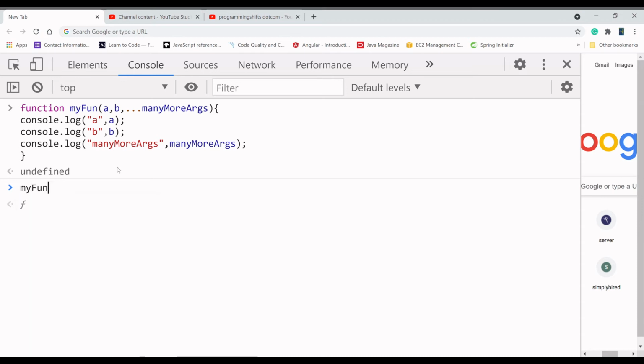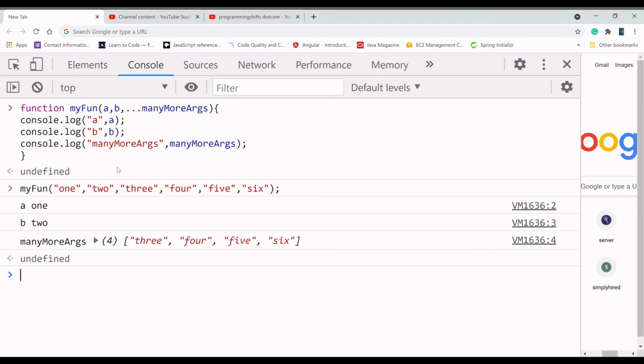Now I'm going to call my function with values 1, 2, 3, 4, 5 and 6. What you can see is that a is 1 and b is 2, but the rest of the data is taken as the many more arguments: 3, 4, 5, 6, right?